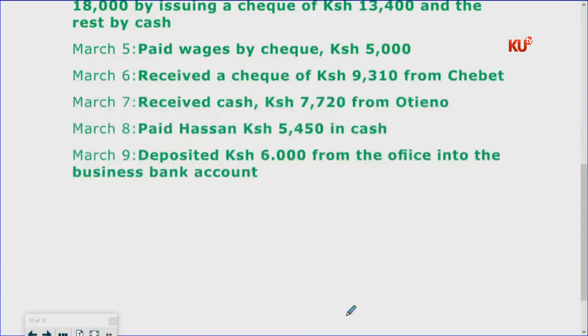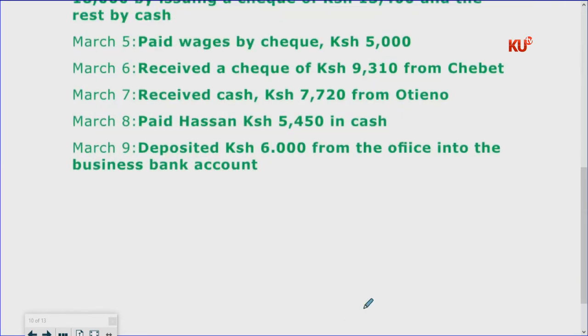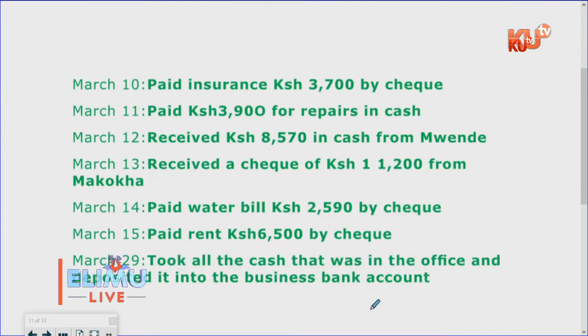And finally, we are told number 10, paid insurance 3,700 by check, then paid 3,900 for repairs, and last, that is 12, received 8,570 in cash from Mwende,